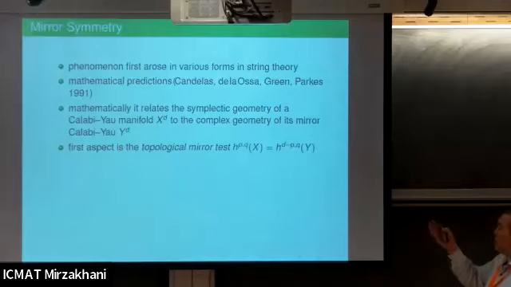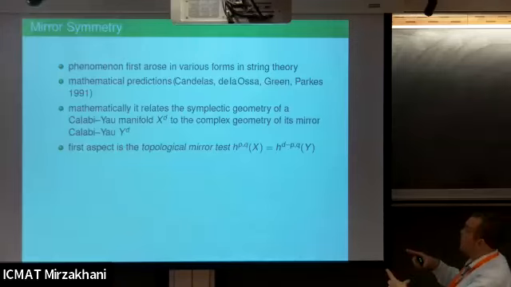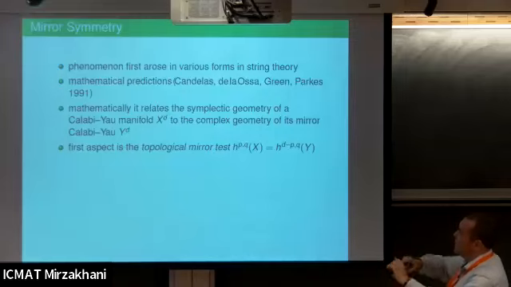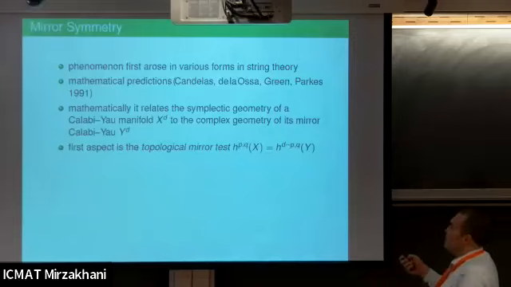The Hodge numbers of one relate in a funny way to the Hodge numbers of the other. This may also be the origin of the word mirror, because if you look at the Hodge diamond and take this unusual symmetry axis and flip it, you get the Hodge diamond of the other. So that's somehow the easiest aspect.